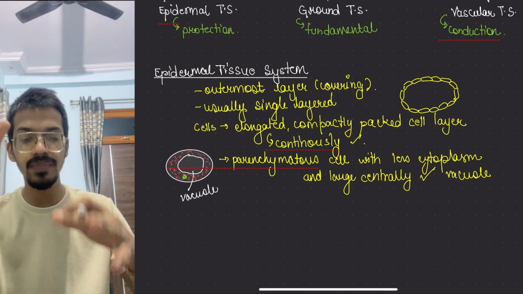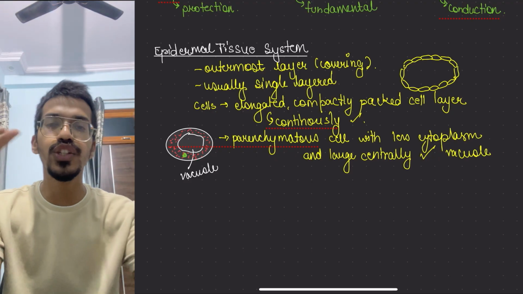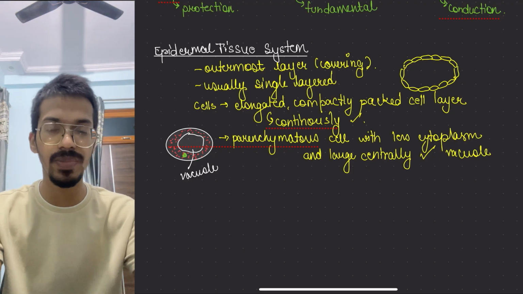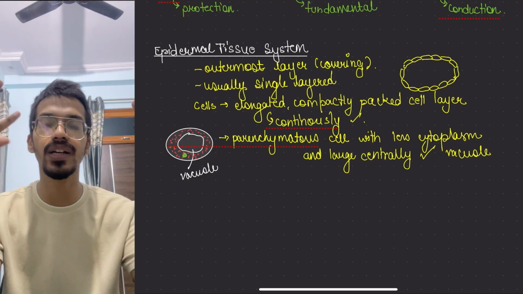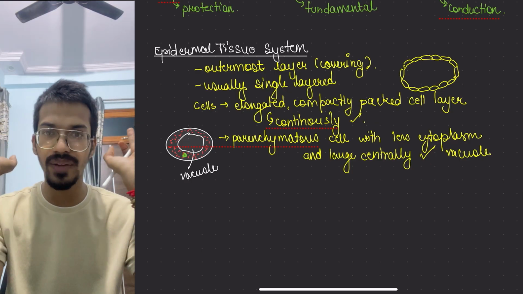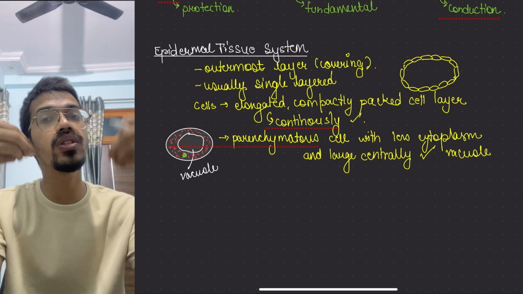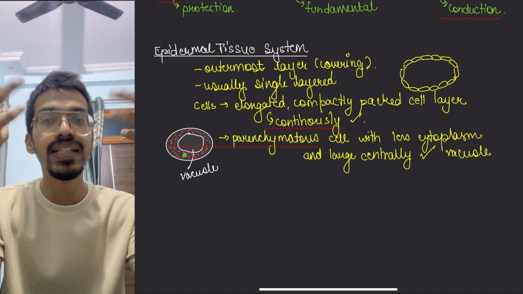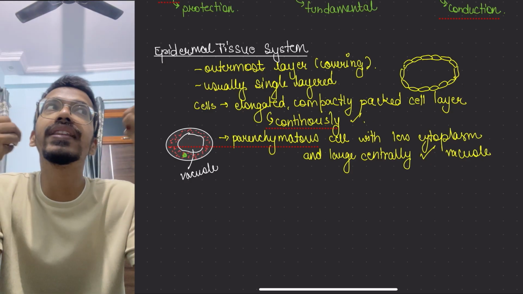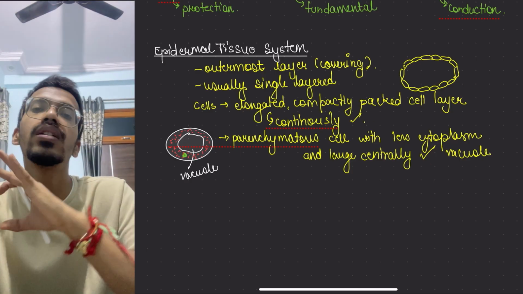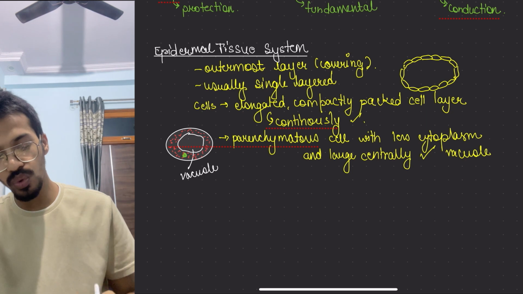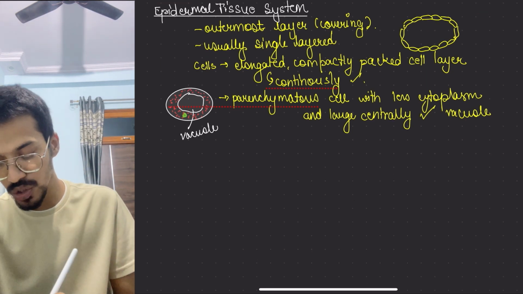Then at certain places there are epidermal tissues which have certain more structures present in them, or the cells of epidermis modify a little. So what I said is that certain more structures are present in the cells which are either modifications or help in a certain way. Okay, so we will see that. So in roots